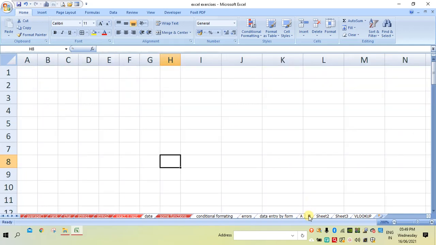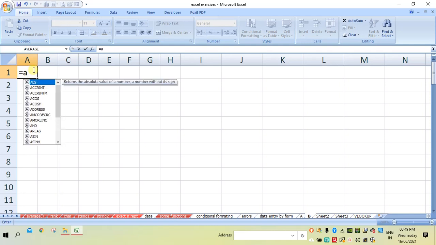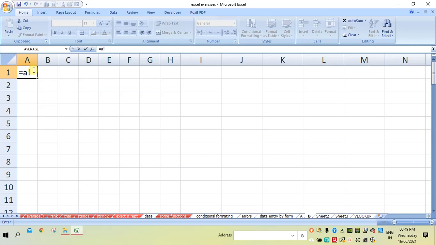So how to get them? Here you can write a formula, that is equal to, then the sheet name, the sheet you want to connect to, you have to specify. The sheet name is A, and then put the exclamation symbol and then write the cell name.